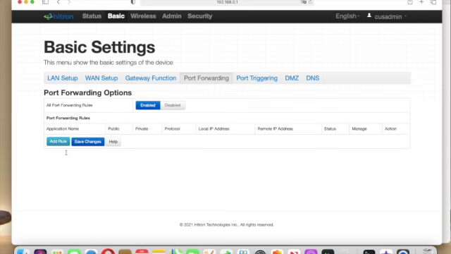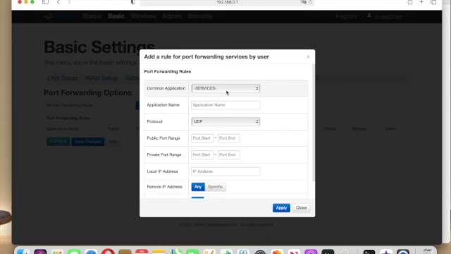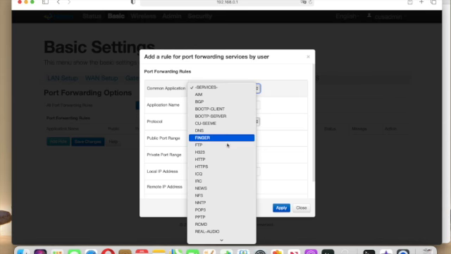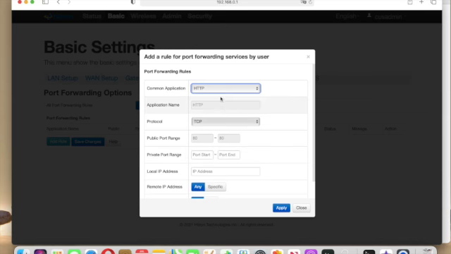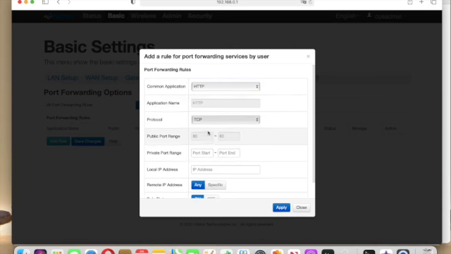All this is doing is that when the request comes in, you're basically telling your router to send it to a certain computer. And so you want to add the rule. If you come up here, you just go down and you find whatever service it is that you want to forward. So mine, I'm going to forward the HTTP, and the protocol is TCP,